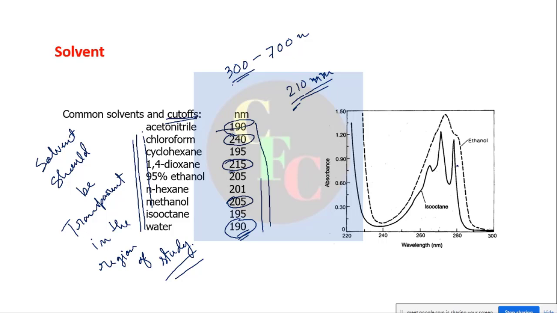Now we will study this in more detail in the next lecture, but here one thing you have to keep in mind about the choice of solvent is that the first thing is cutoff and the second is polarity. And of course, one of the choices of solvent is not in our hand, not the cutoff or the polarity. That choice is the solubility, right? It is not in our hand.